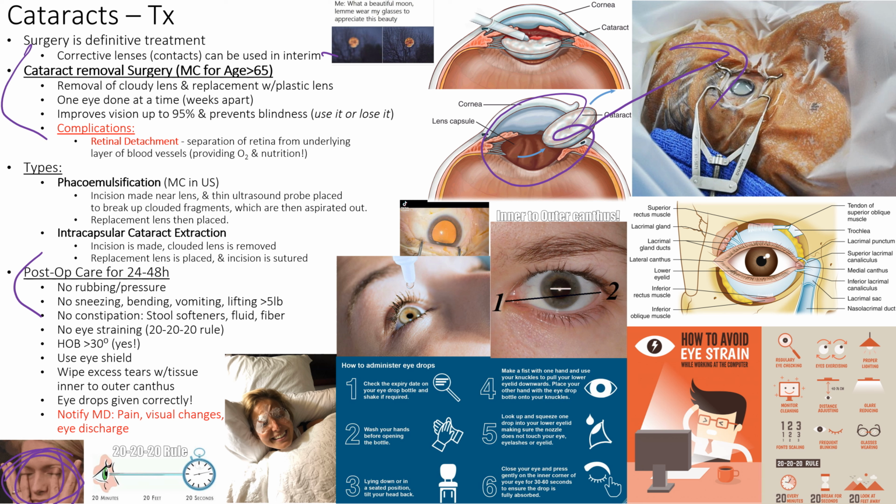But we do cataract removal surgery, that's to take the cataract out. And we can do it two ways. We just make a huge incision and pop it out. Or you can just go in there and crush it up, and you suck it out, and then replace it with a little lens.